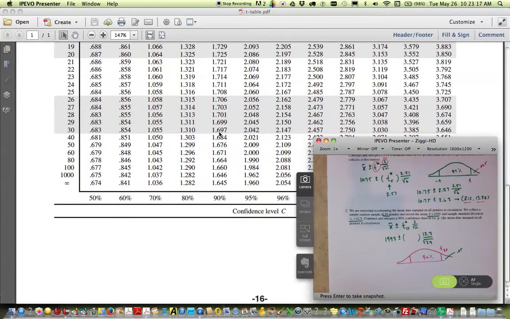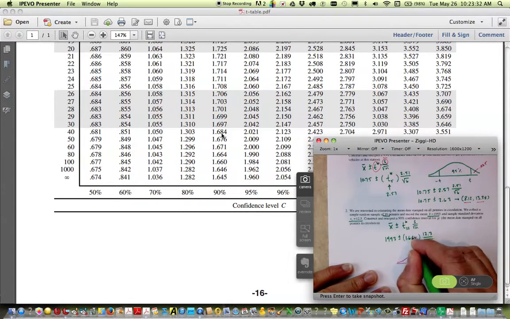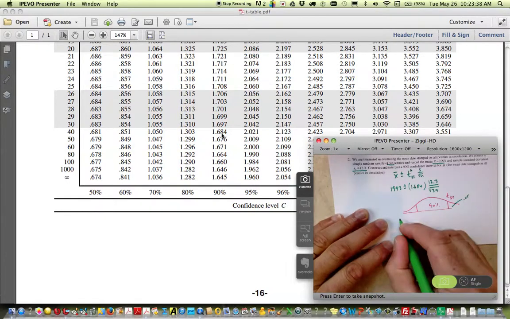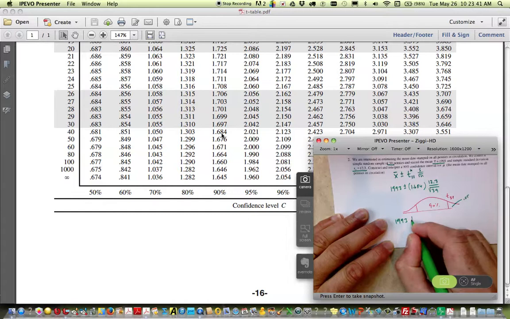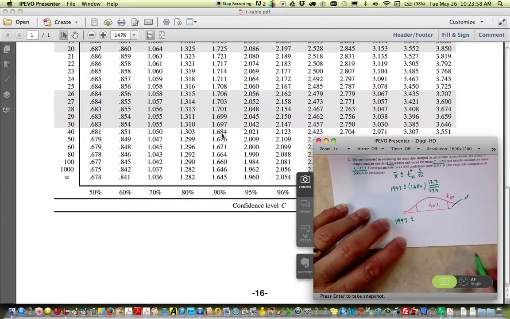You should notice that these two numbers aren't too far apart, because a t-distribution with 30 degrees of freedom and a t-distribution with 40 degrees of freedom are nearly the same graph. So we're going to use this one, 1.684. Now to construct our confidence interval, all we have to do is punch into our calculator 1993 plus or minus, and I didn't do this one ahead of time, so bear with me, 1.684 times 12.3 divided by the square root of 39, and that gives us 3.316.